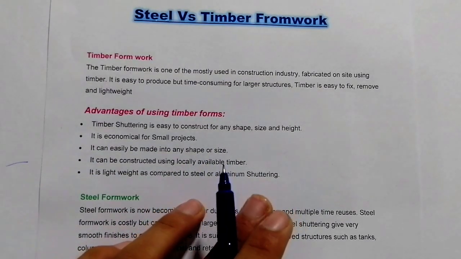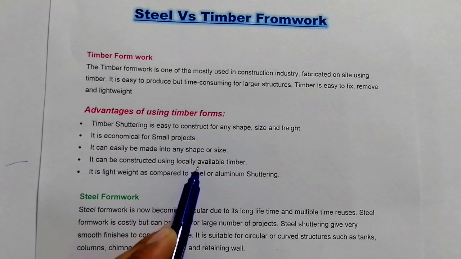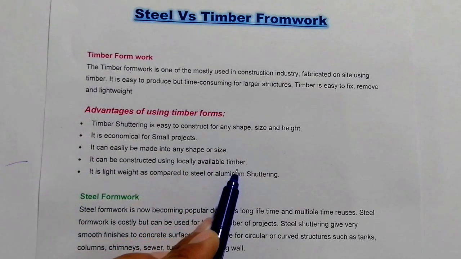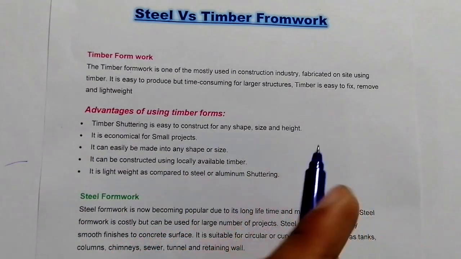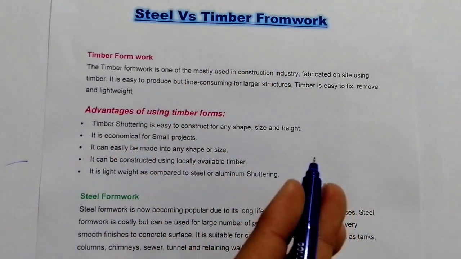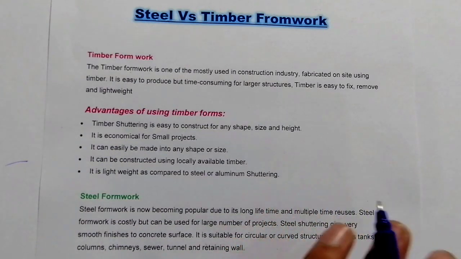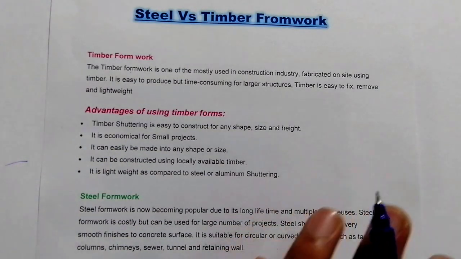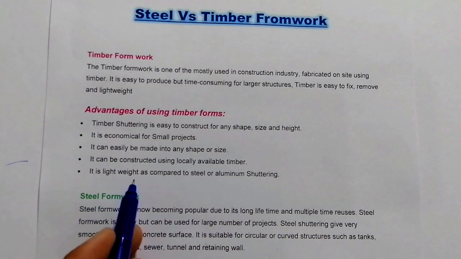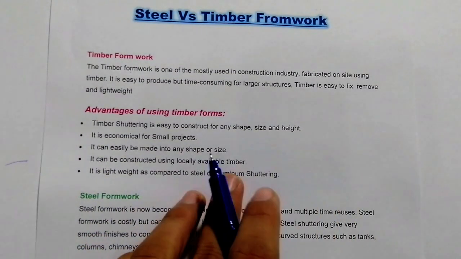This is another important benefit. It can be constructed using locally available timber, so you can use any type of wood for formwork in building construction, because it's locally available. Everywhere you can find wooden formwork. It is lightweight as compared to steel or aluminum shuttering. This is another benefit of